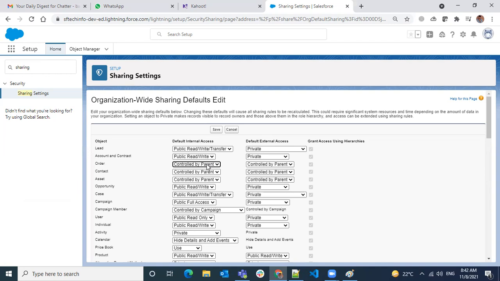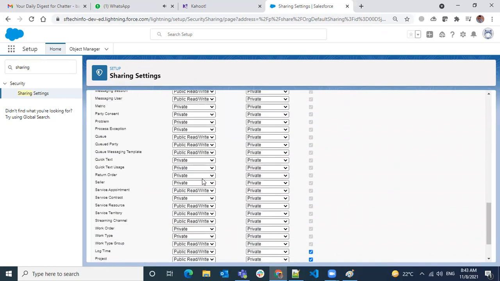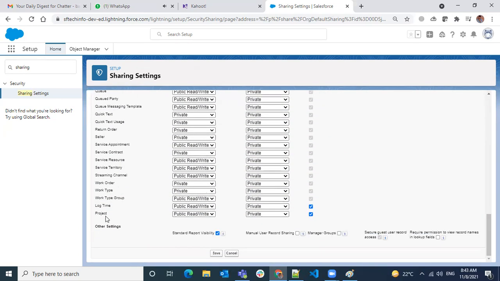If any object has a master detail relationship, by default it will be controlled by parent, you cannot choose any other option, and you cannot change those values. Let's take one example, the project custom object. Here the default is saying public read write.